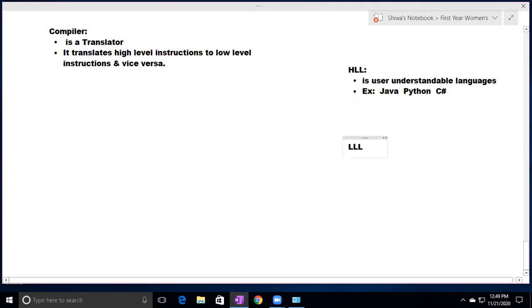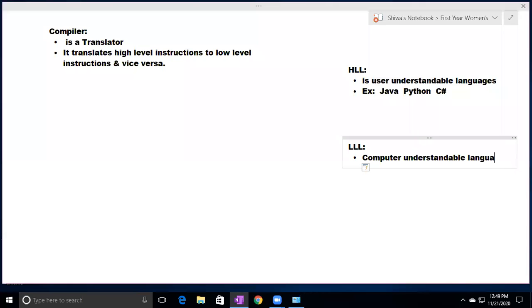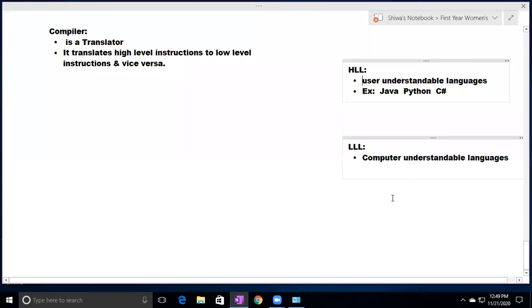Low level language means computer understandable language. Computer understandable or system understandable languages are called low level languages. So user understandable languages are called high level languages. Computer understandable languages are called low level languages. For example,